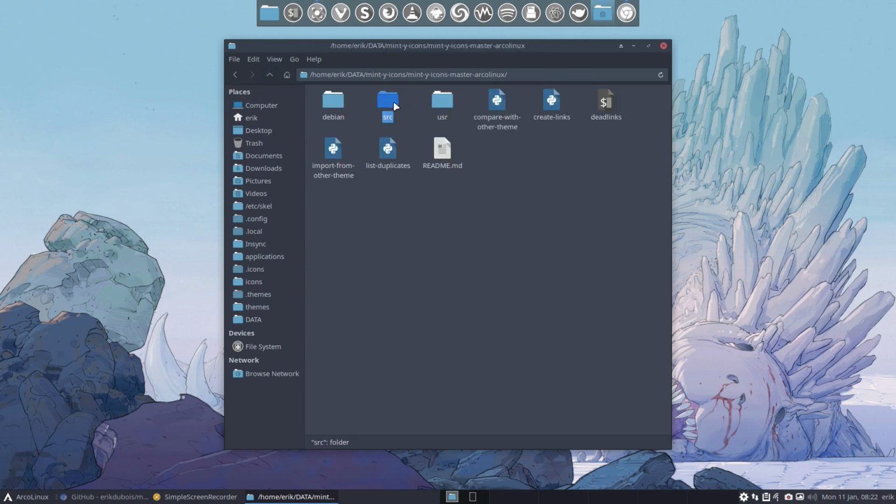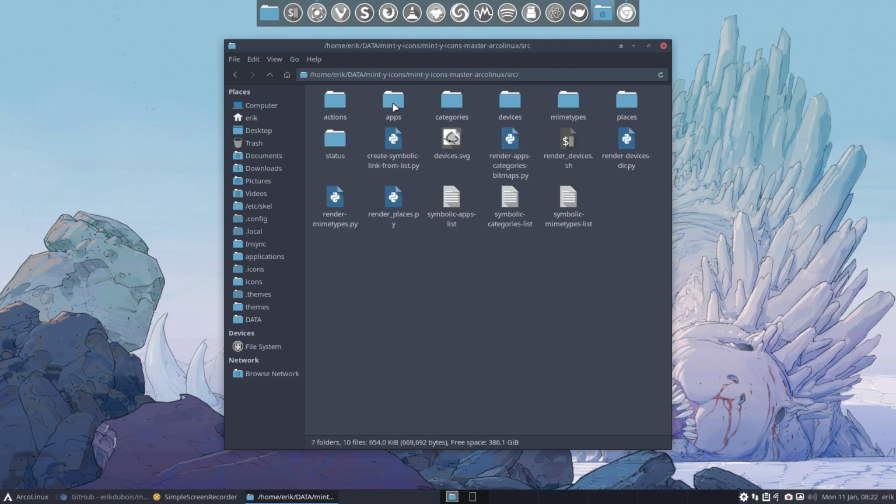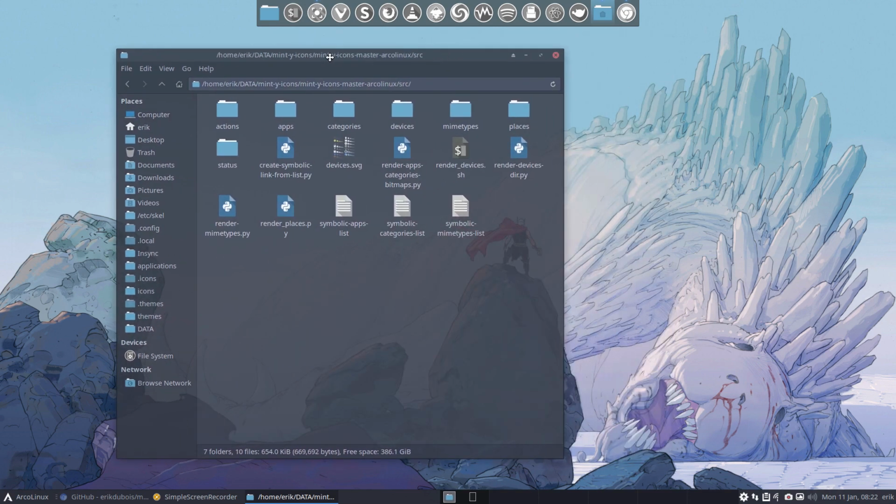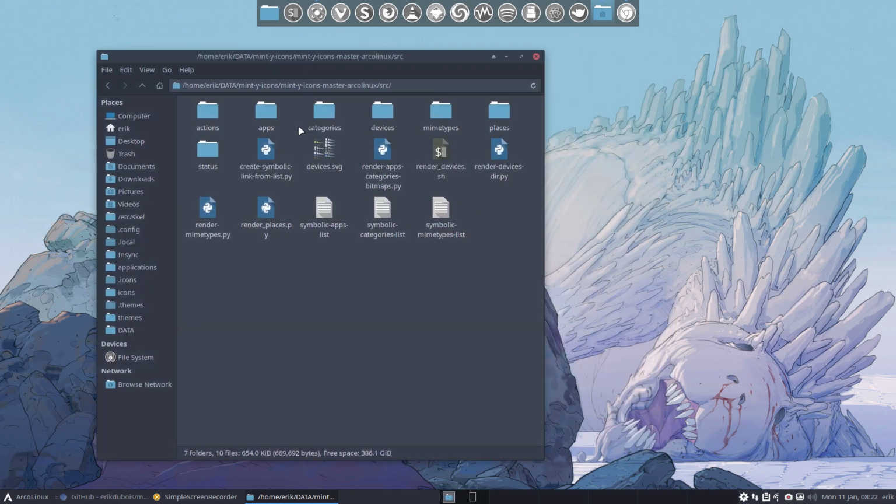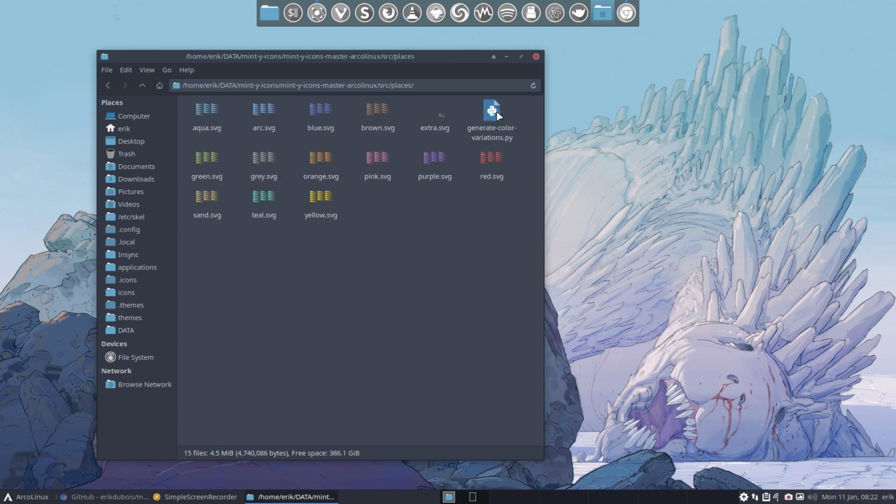Then we have the source files and other things to check things, compare with, create links. I don't know all of them yet. I've looked into them, but it's a process of learning, which is cool. And then we get the actions folders, the apps folders, categories folders, devices. You've seen the comments, where it all comes from. I'm interested in the Horst files. So the files from Horst 3180, and these are the